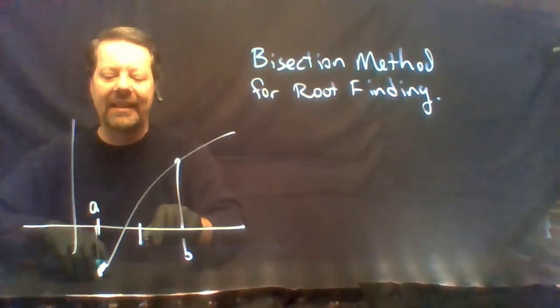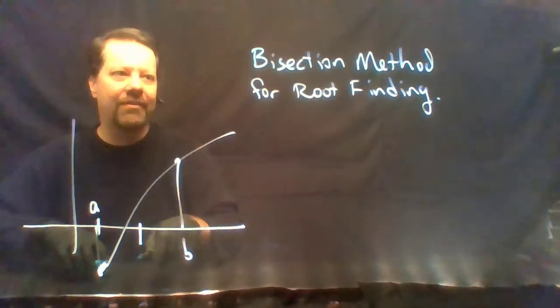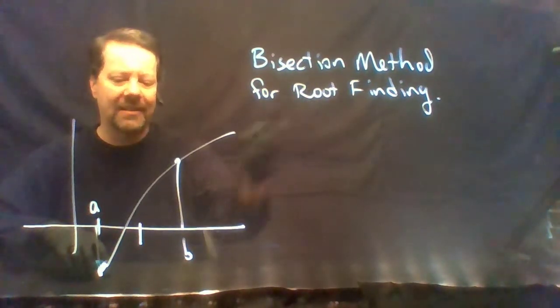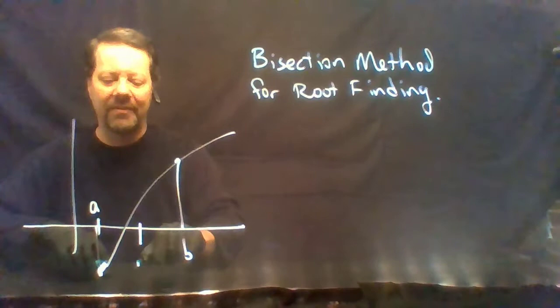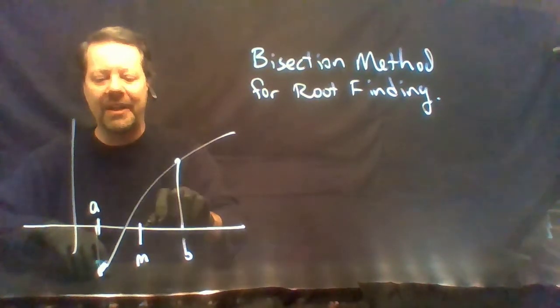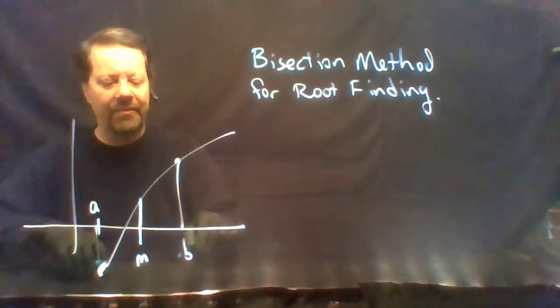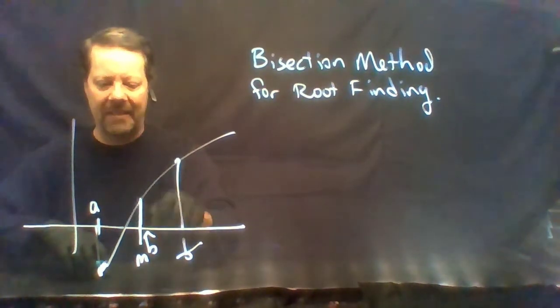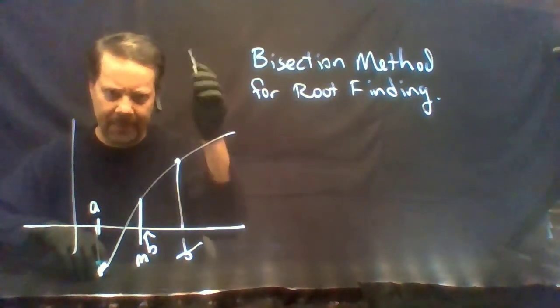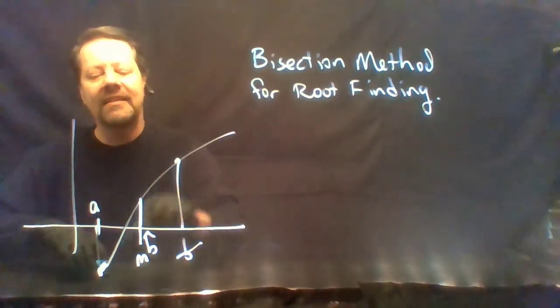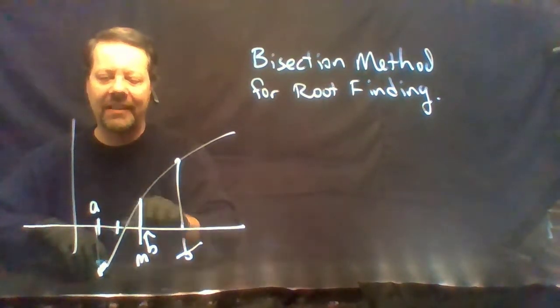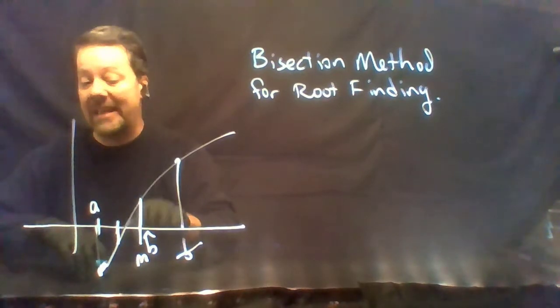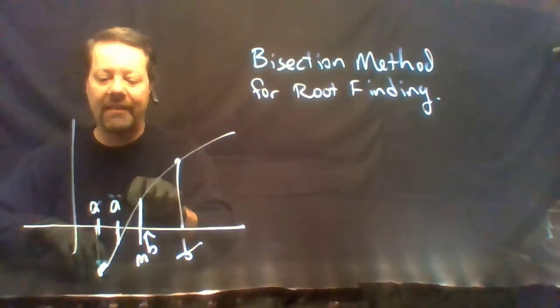Not knowing exactly where, you cut the interval in half. You bisect it at the midpoint. If you get a positive there, then you throw away this b and make this a kind of new b. I'll call it b hat. It's the b that wears a hat. And then you bisect the interval again. If you happen to be negative there, you throw away the old a and give yourself a new a, and